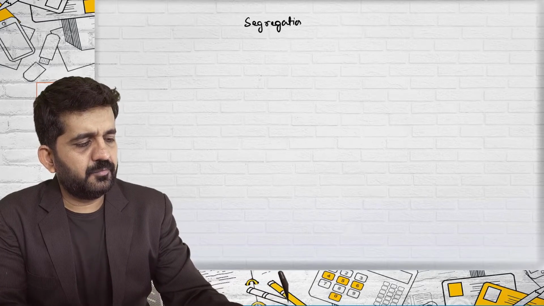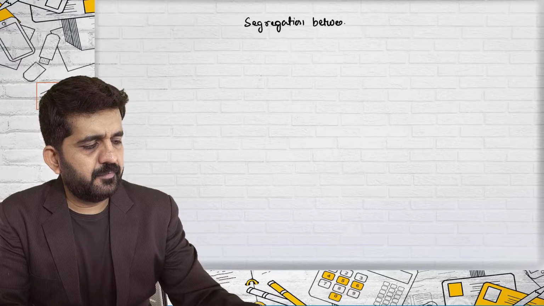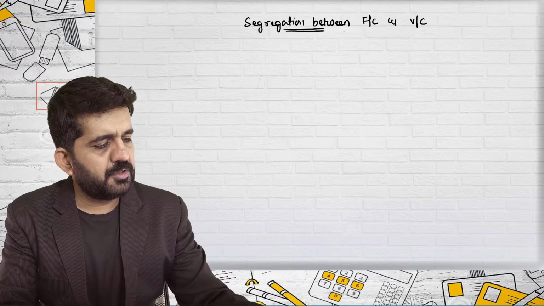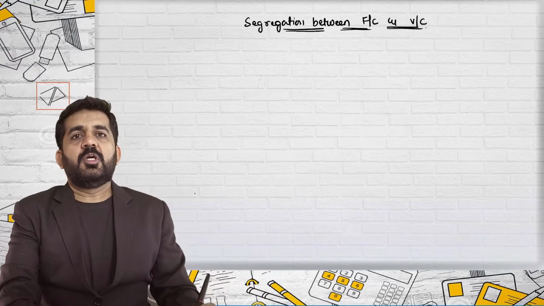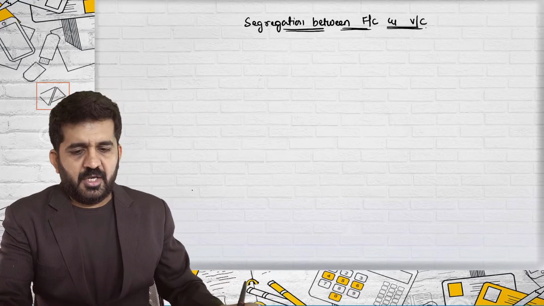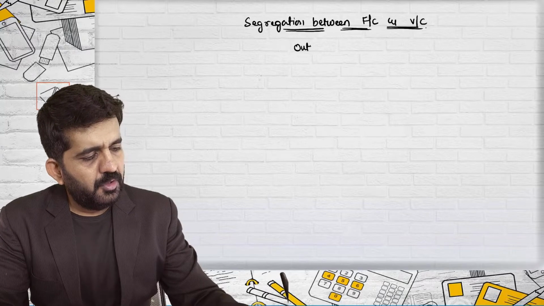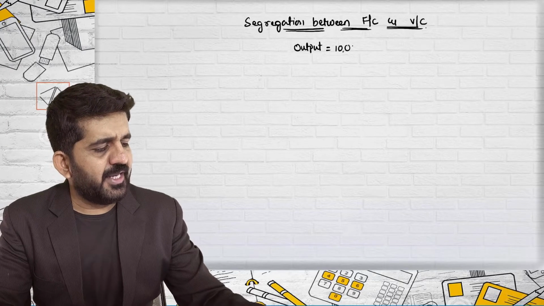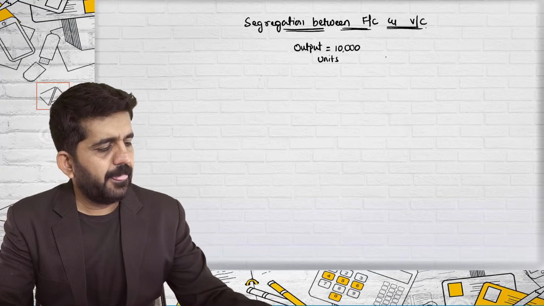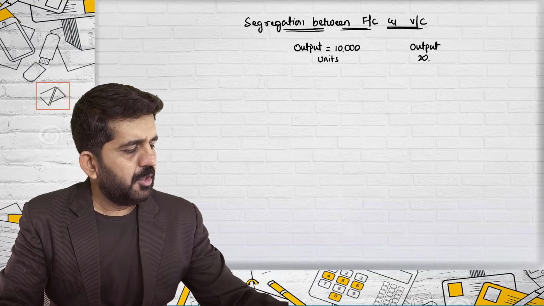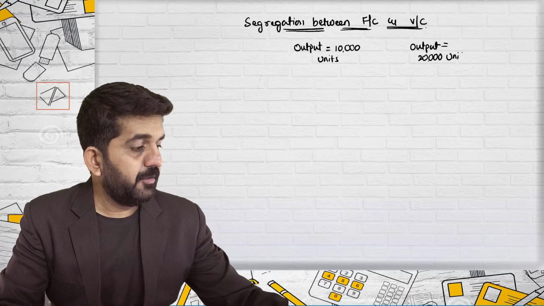Let us go to the next point, which is segregation between fixed cost and variable cost. Now, practically, this is a puzzle. Let me give you, for the same unit, if the output is 10,000 units and if the output is 20,000 units,